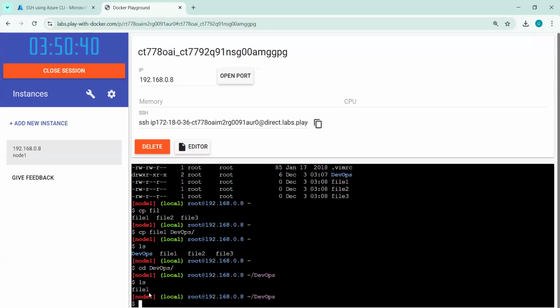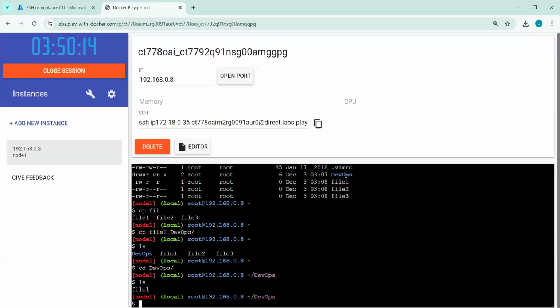So you can see if I do ls, I can see only one file present in the DevOps directory. And here you can see, earlier we were at root, it was showing tilde. Now inside root there is a folder or directory called DevOps, and we are inside that, tilde DevOps. So you can see this is the structure which we have.